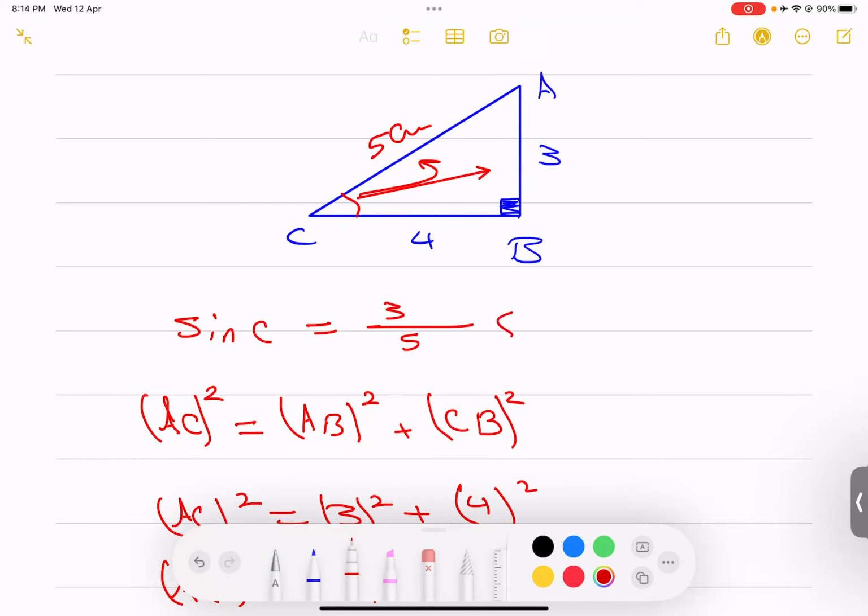What if he asked me another thing? He asked me to get the cosine of C. How could I do this one? Could you tell me? Remember this, so